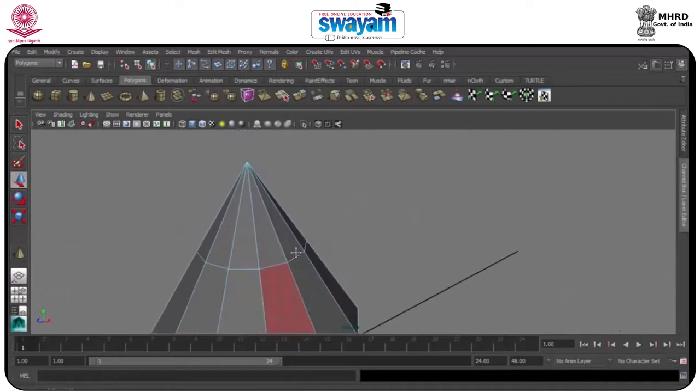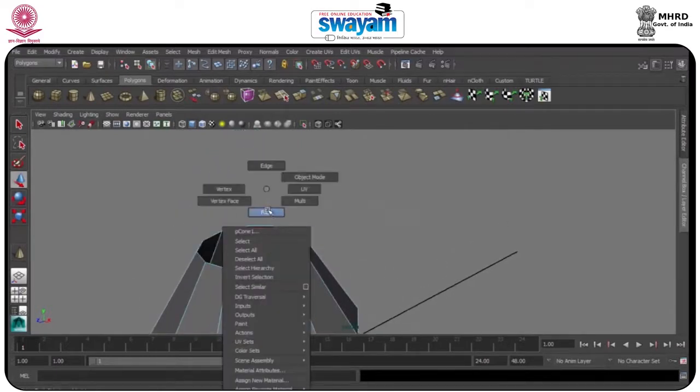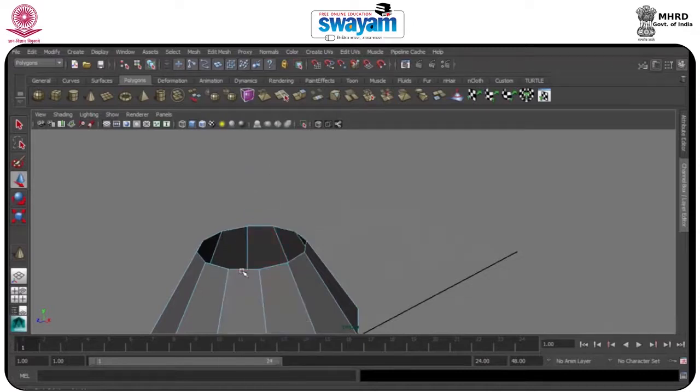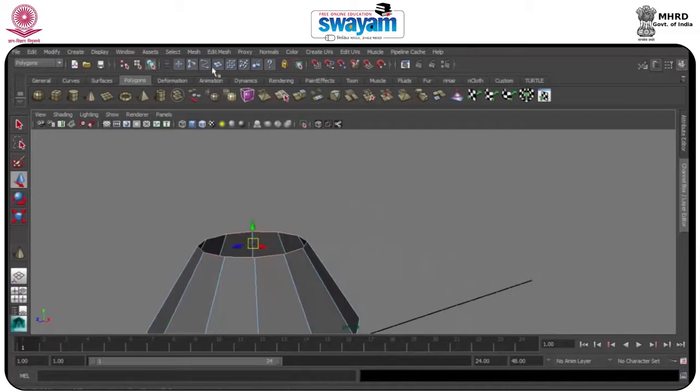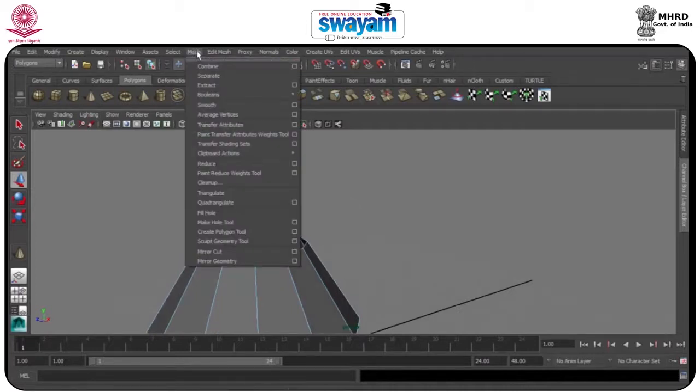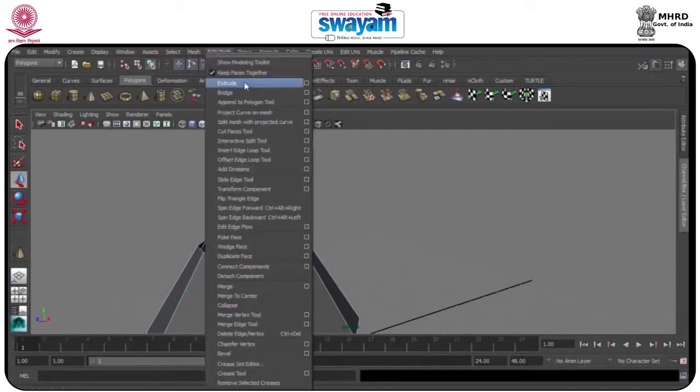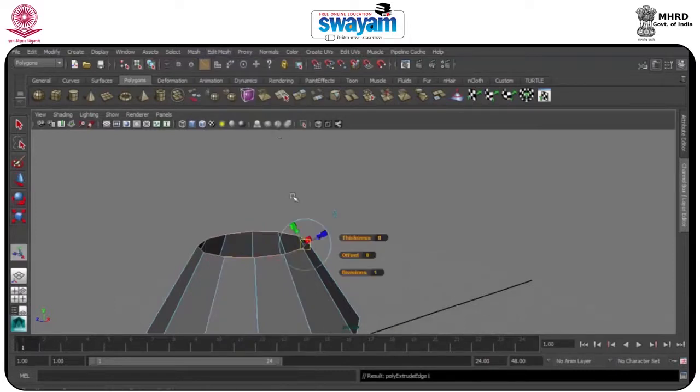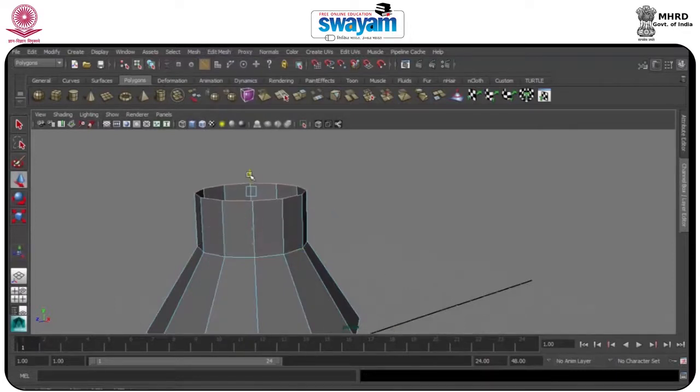Now I will go to face, select the top part and delete it. Then I will go to edge, double click and select the whole loop, go to mesh, edit mesh, and here you have the extrude. Click, press W and move further.